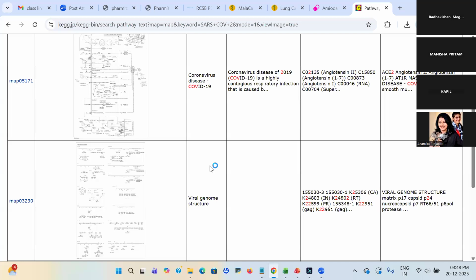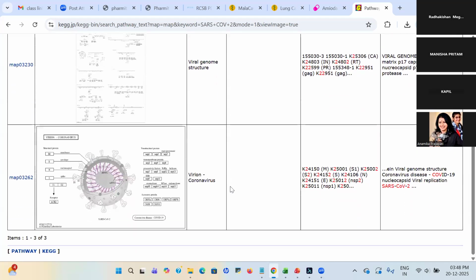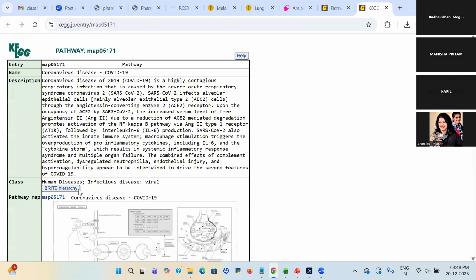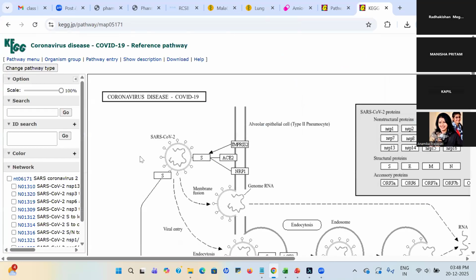So here you can see different pathways. If we go with the first one, here you can see